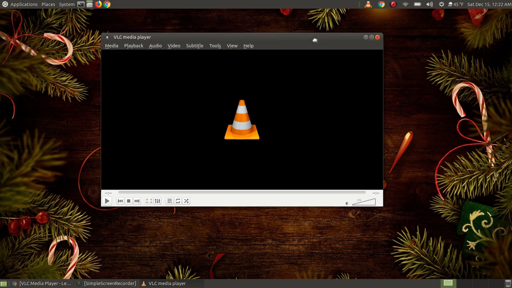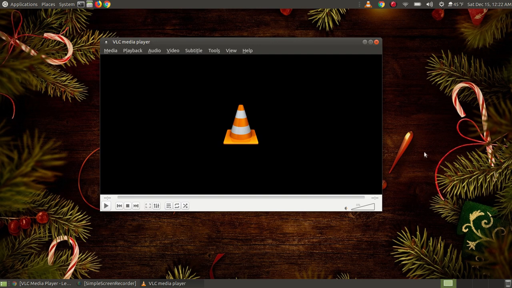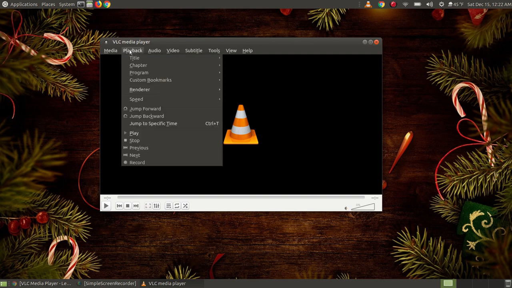Alright, to start with, when you got your VLC Media Player up on your screen, you're going to click on the menu of Playback, and you'll notice that there's a feature called Render. When you highlight the feature Render, I do see my Chromecast device, but before you do this, you'll need to